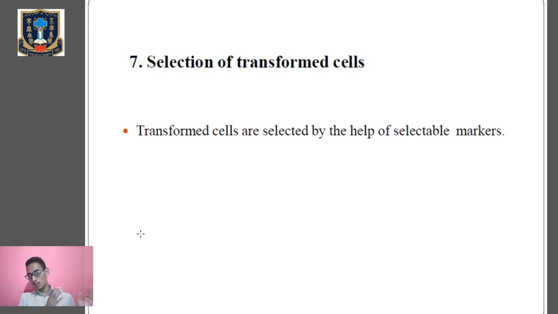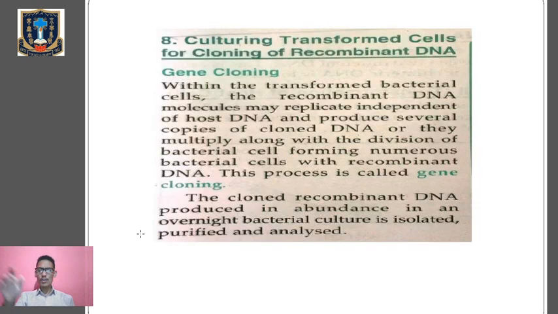So kindly go through our previous classes regarding the selection of transformed cells and the non-transformed cells, or we used to call them recombinant cells and non-recombinant cells. Okay, so kindly go through previous classes of the process of selection of transformed cells and non-transformed cells. So 7th step is the selection of transformed cells. It will be followed by the last step, that is culturing the transformed host cells, culturing the transformed cells for